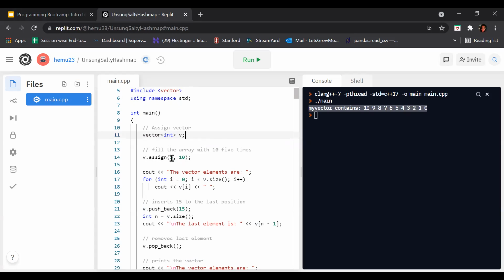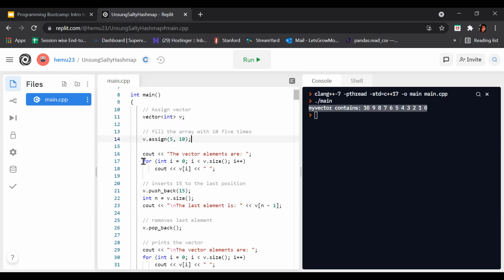V dot assign 5 and 10. What are 5 and 10 here? 5 means the number of times and 10 the value. So fill the array with 10, 5 times. Okay, cout the vector elements are here. We have cout, which is printing the vector elements are, and after that we have a for loop,